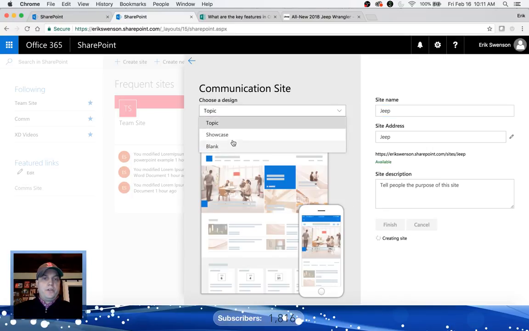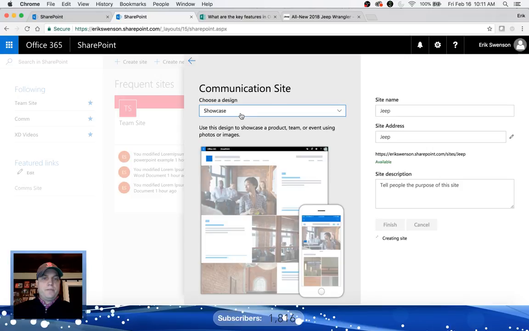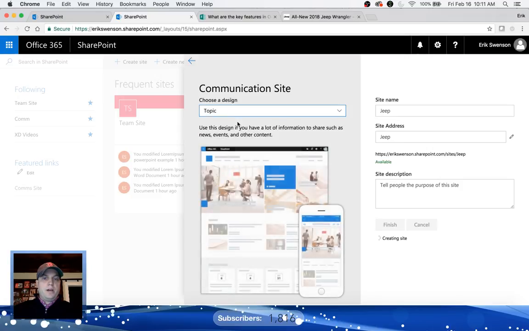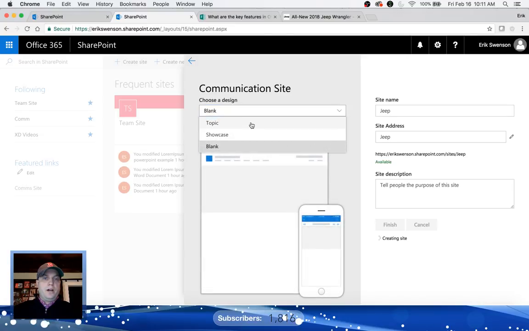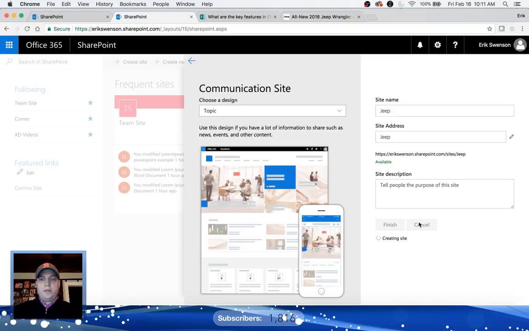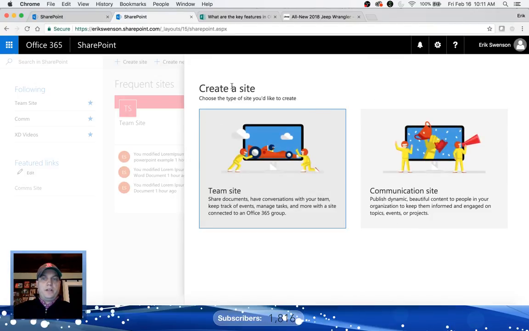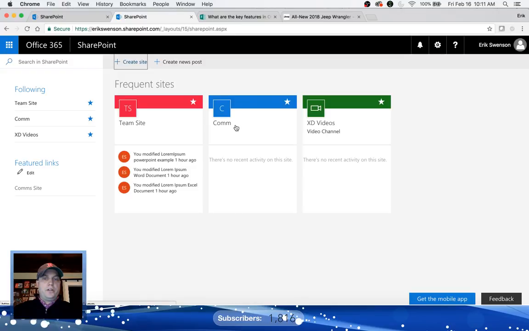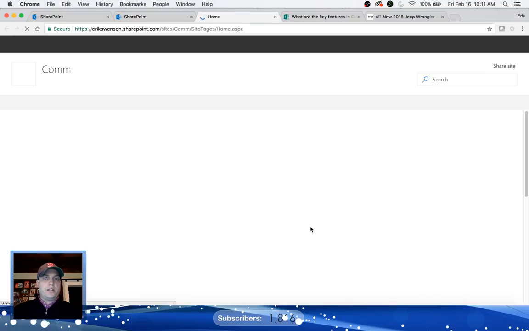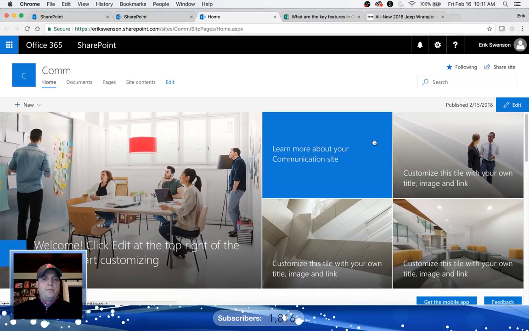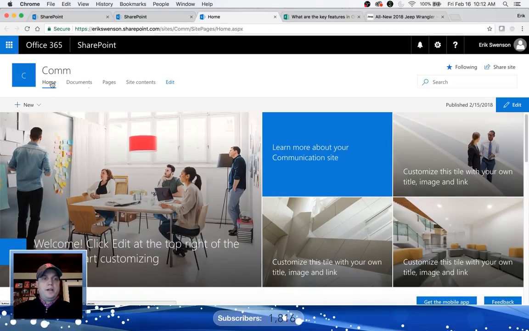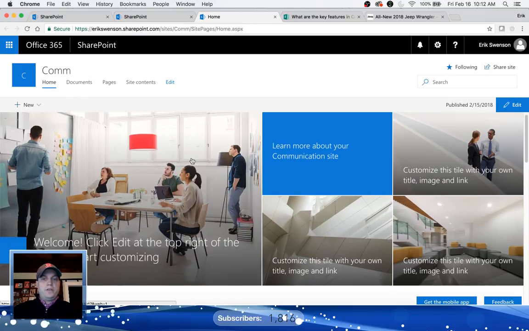The other option is you can show these different types. So it could be a topic, it could be a showcase, so it's slightly different, and then it could be a blank one. Just choose topic here. It's creating the site. So at that point, it's creating the site, and I'll show you an example of what this communication site looks like. So this is pretty much as you create it, it gives you this sort of hero image at